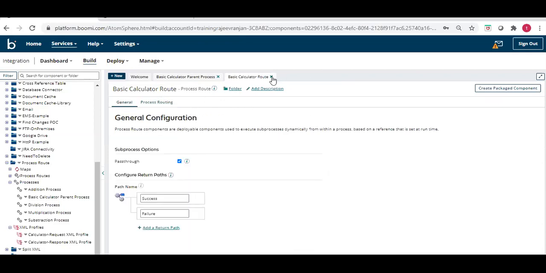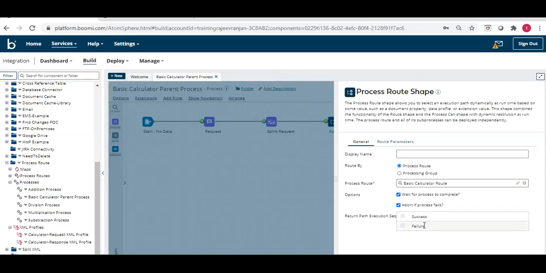Now it's time to use the route. This is the process route set in which we have to configure the process route. The process route defines the paths, meaning the different paths that a sub process can return.